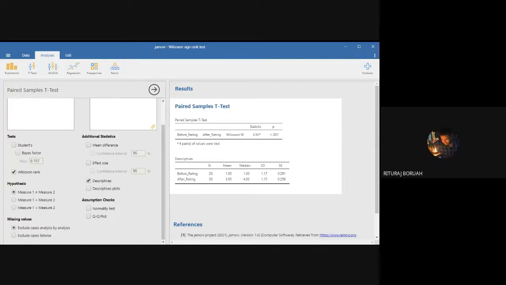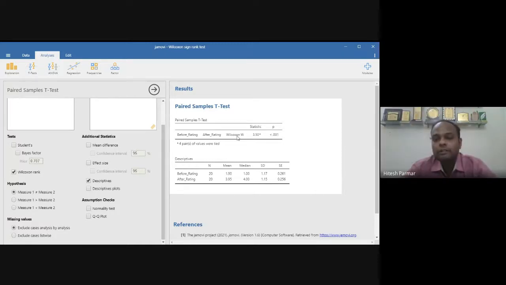Yes, sir. Fine. Now this Wilcoxon W calculated value is 3.50. You can just observe these 4 pairs of values were tied, right? The same difference, 0 difference. So these 4 pairs of values were tied. And then you get a p-value which is less than 0.001.